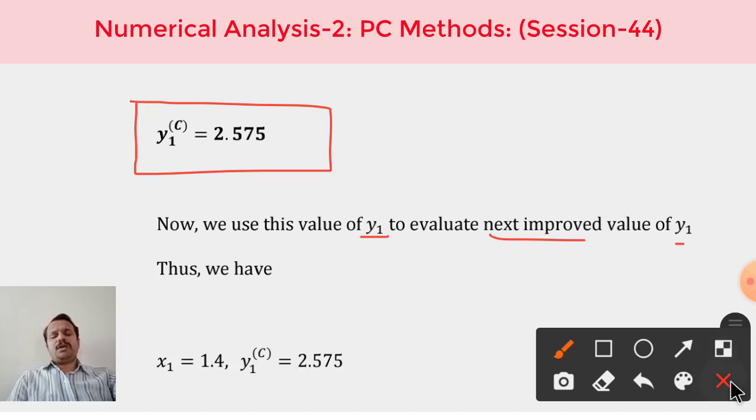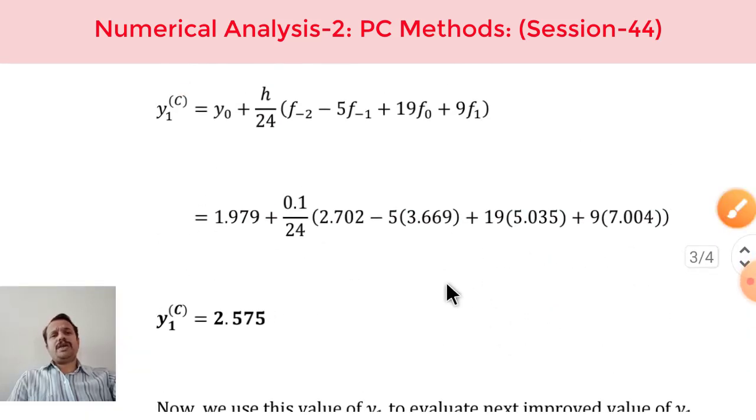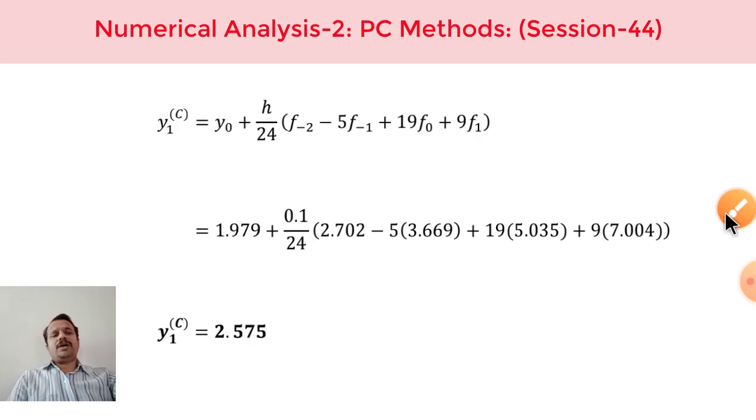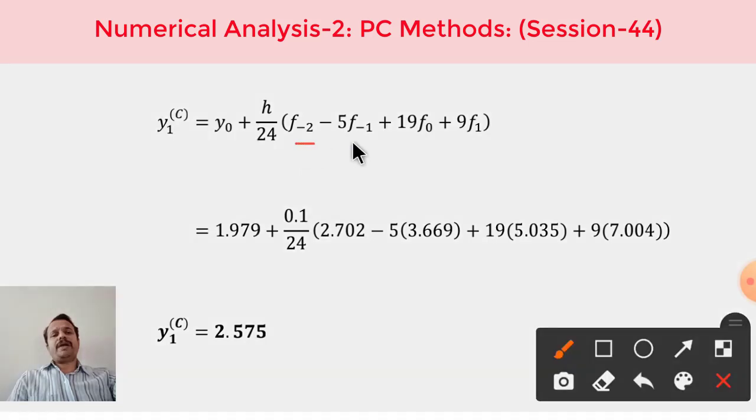So how? The same thing again, we have to use the same formula, nothing else. All the first three values in the bracket will be taken from the list itself. The only thing is that this is to be modified. f1, when we were calculating in this particular step, that is in the first iteration, we used a y1p that is being taken from the previous step, that is the predictor step. We have used y1p here and got this value for that.